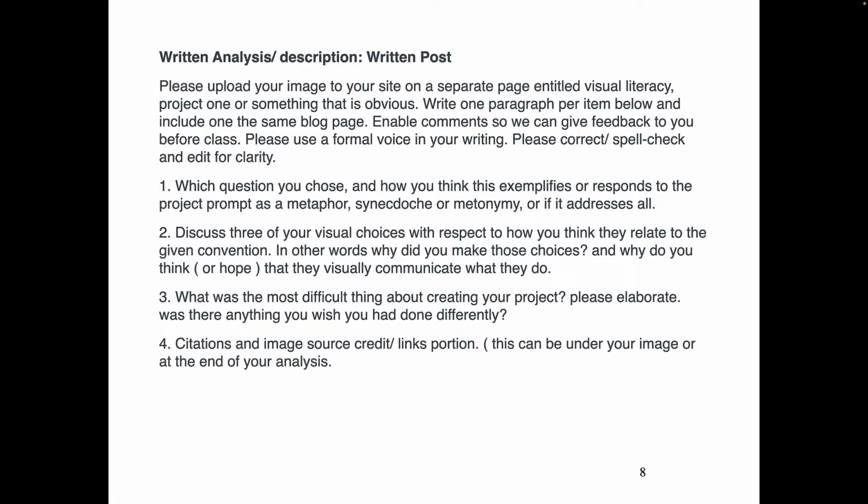And I'd like you to also post it in Canvas. So please load the image to your site. You're going to need to add it to your library in Wix if you're using Wix or another web builder. And you can do it on a separate page, or you can put it underneath your image if you want on your post. And then I'd also like you to upload the image to